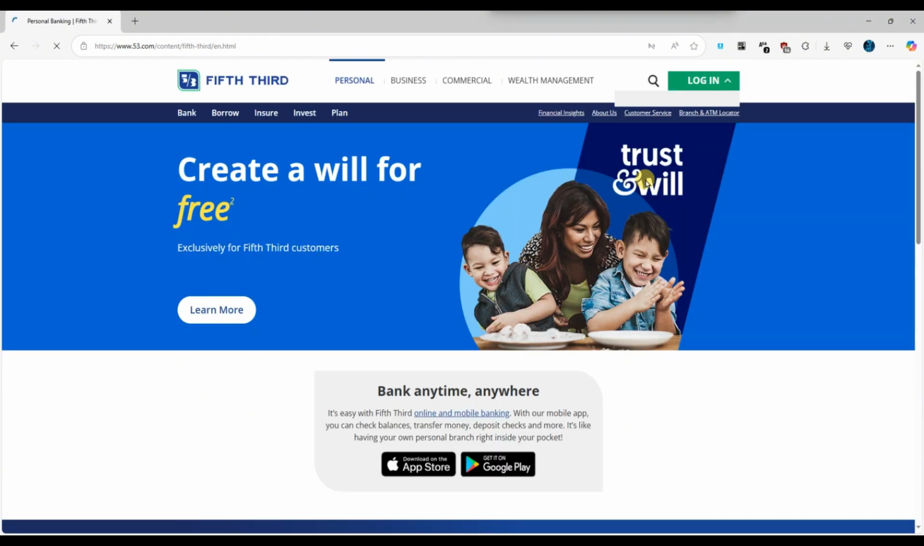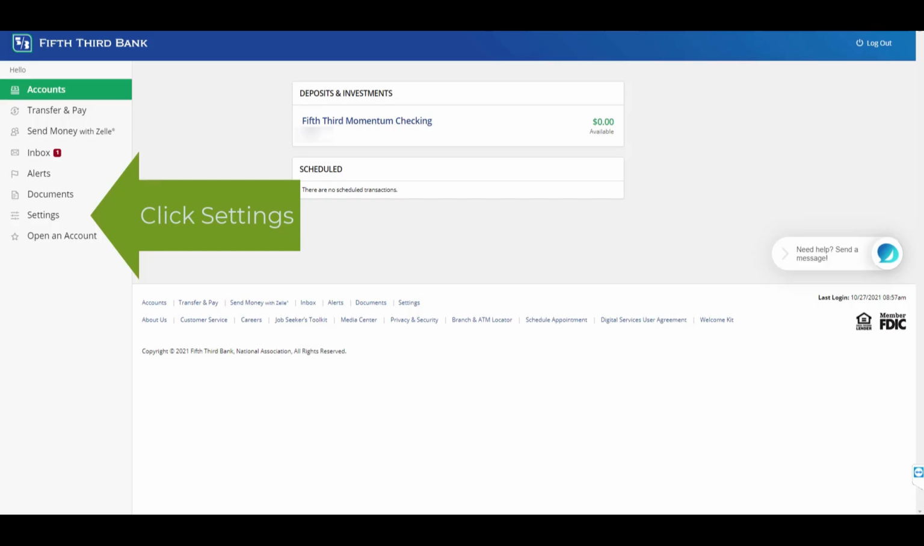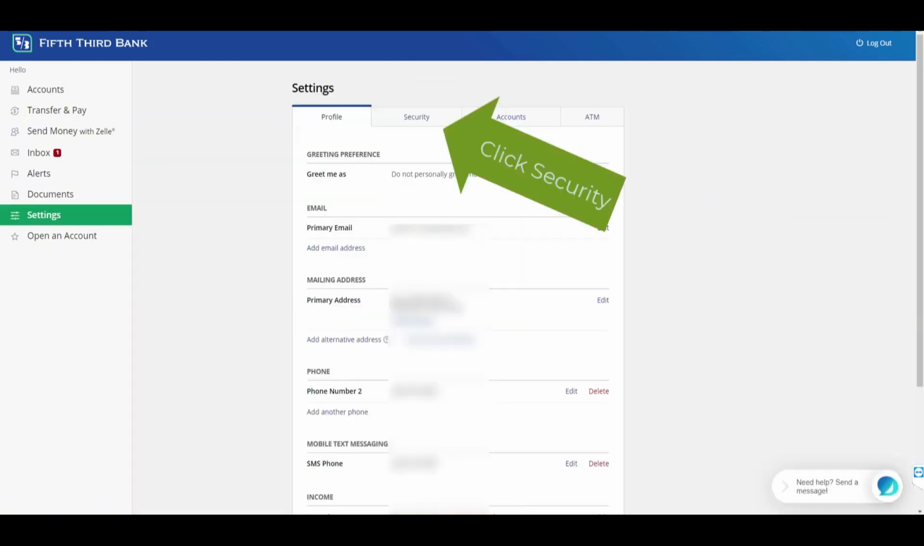Next, open your browser and visit the official Fifth Third Bank website at 53.com. Then, log into your online banking account using your user ID and password. After that, navigate to the security section where you may find an option to freeze or temporarily lock your account